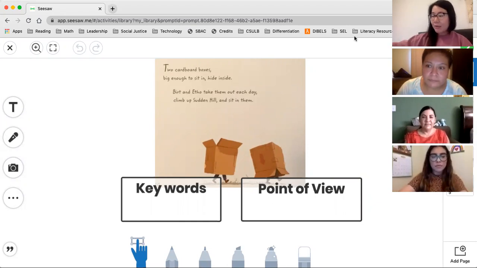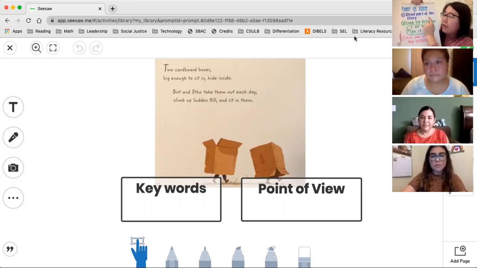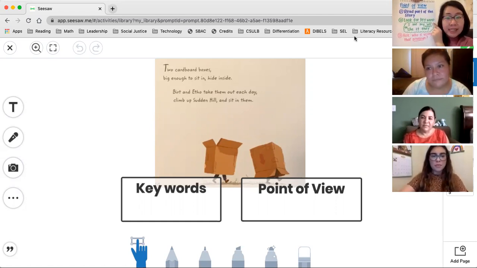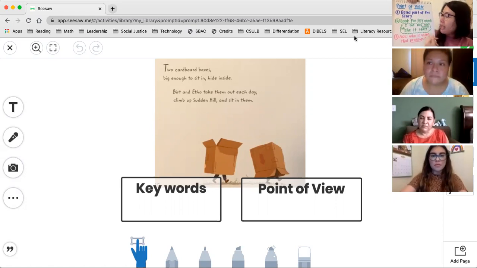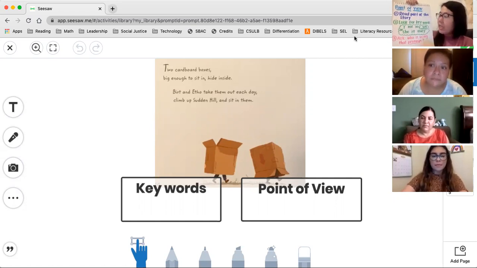And we had our steps from last week. Our first one was we read part of the story, which I will choose for you to give you some help. Then you're going to look for keywords. And it's the same keywords we used last time, which we talked about was our pronouns. And pronouns are names or words that we use to replace someone's name. Instead of always saying, Ms. Rosales, Ms. Rosales, Ms. Rosales, I can say she, right? Instead, because that makes our sentence have more variety.